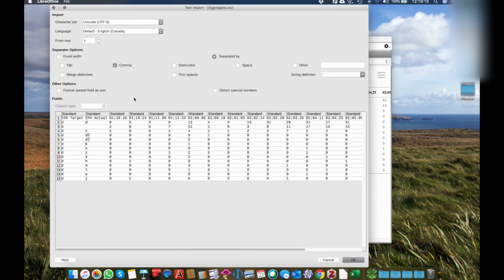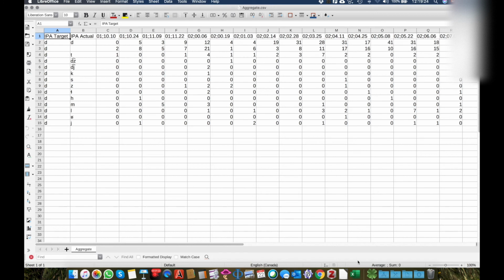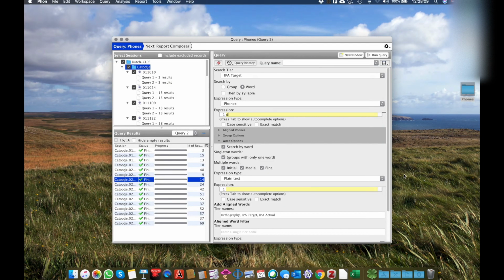And so once my settings are well in place and I have a nice preview of my report, then I can click OK. And then I get to see all of my data within LibreOffice, from which I can keep doing my work. For example, using that aggregate, I could calculate an accuracy rate over time just by doing a few transforms over those results. And to complete that tutorial, I want to remind you that we have not looked at all of